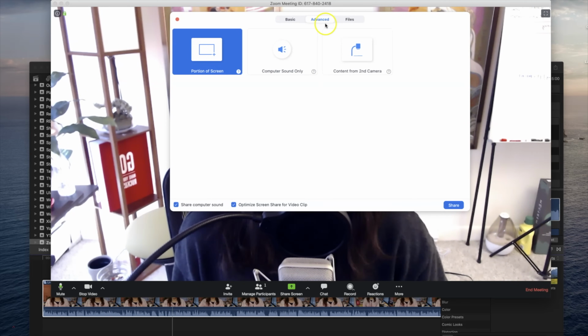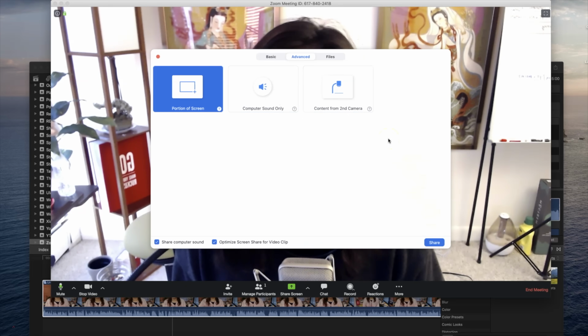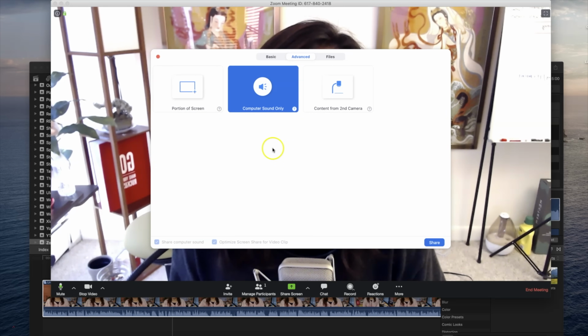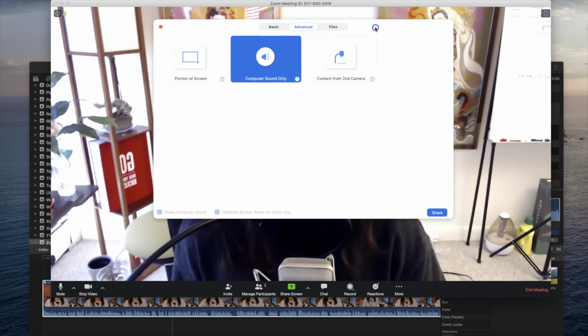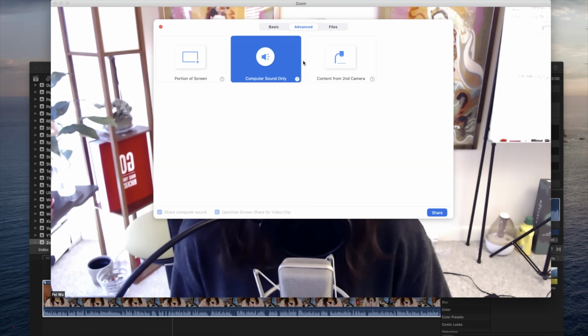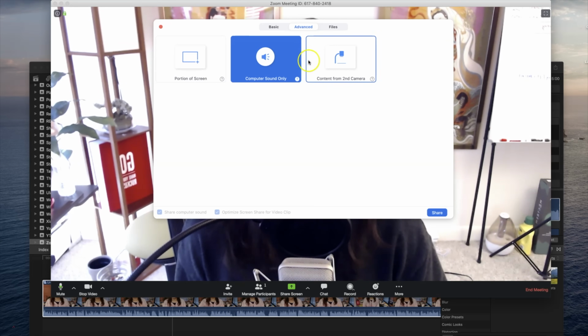Now let's move on to the most ignored setting here. In the toggle area, there's something called advanced. Over here, you have the options to share a portion of your screen as opposed to just your desktop or the entire application interface. The second option is extremely important for dance teachers, for people who conduct lessons online, which is to share their computer sound only. I have a very detailed video to show how Zumba and dance instructors can do that and can teach their lessons live via Zoom. Definitely go check it out.